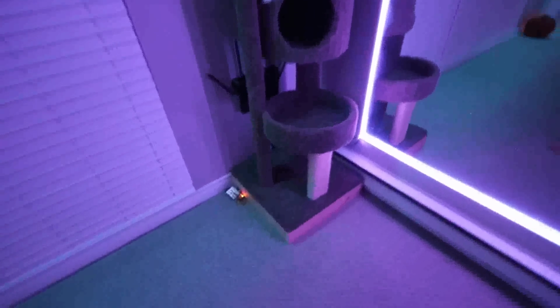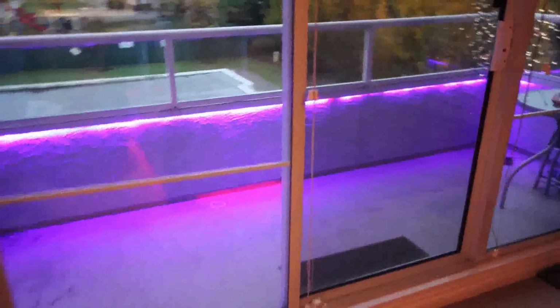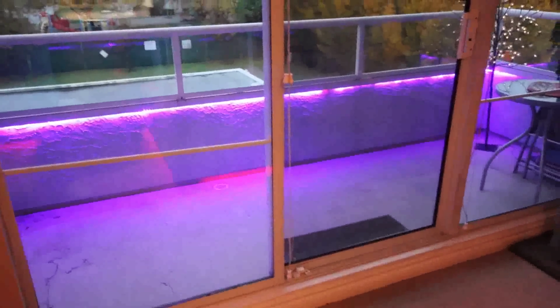Same goes for this little guy. It's just a little Raspberry Pi with Pi-hole software installed on it, and it just blocks every ad on your Wi-Fi network. As you've seen before, the lights on the balcony are just tucked up underneath the flashing below the